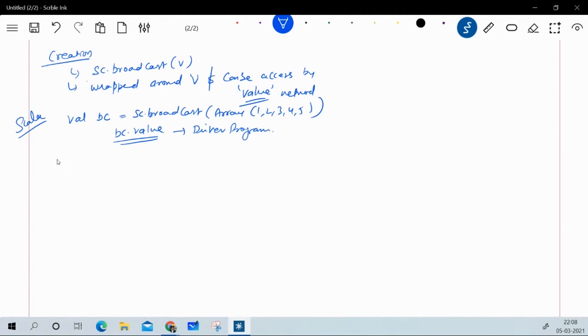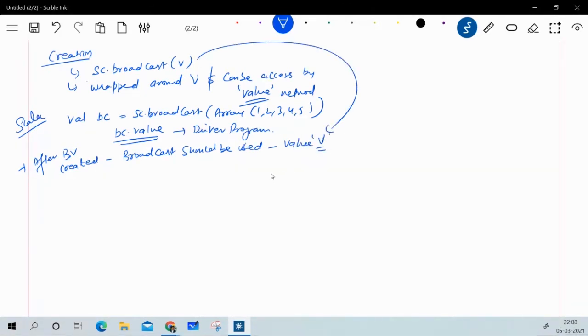Now, a very interesting thing about this broadcast variable is that once it is created, the broadcast variable should be used instead of the value v, which we have used over here.